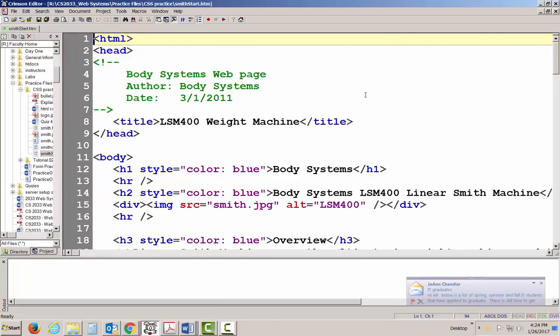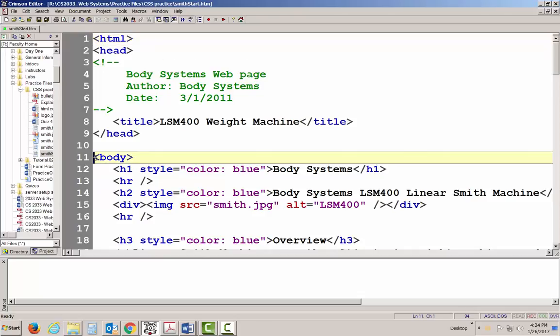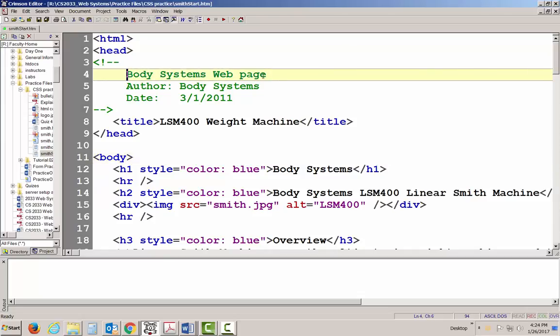Now that we've gone through and did a little bit of review and going over some of the positioning and various CSS, let's now go in and try and see how we can alter one from scratch, or one that at least has just very basic tags. Notice that within this file, in order to get this file, you need to download the zip file that I provided for you,